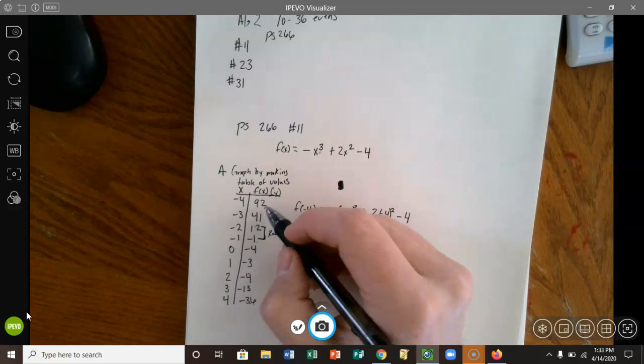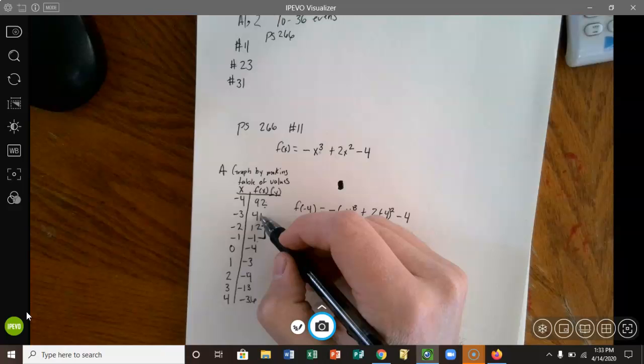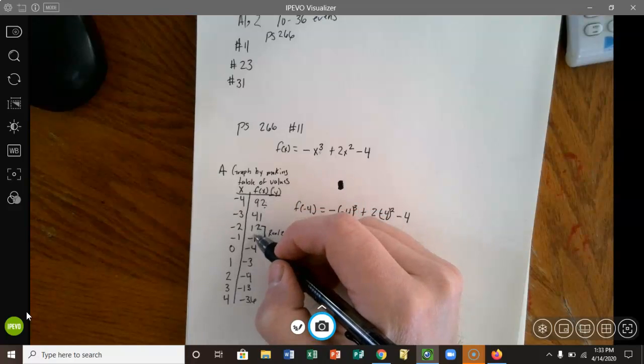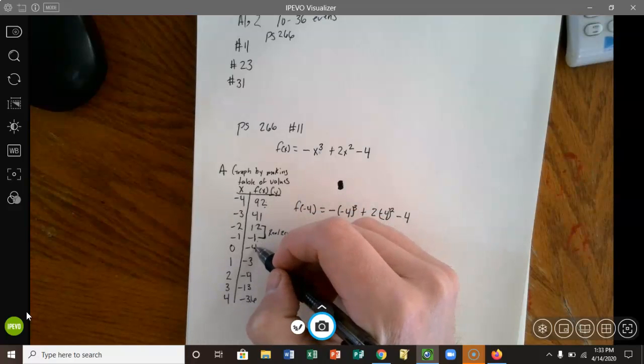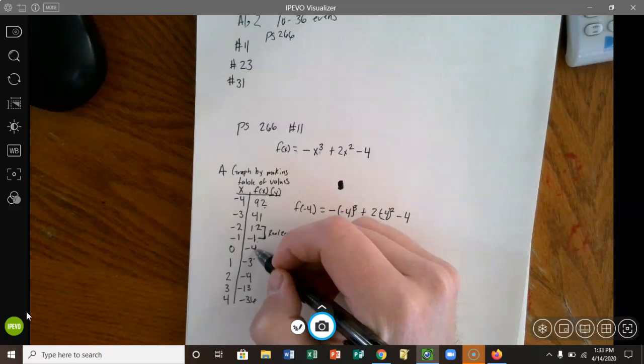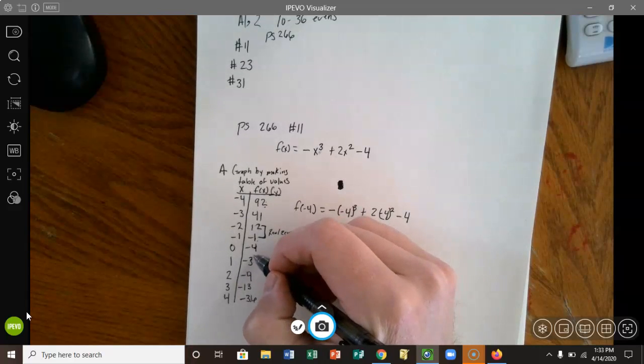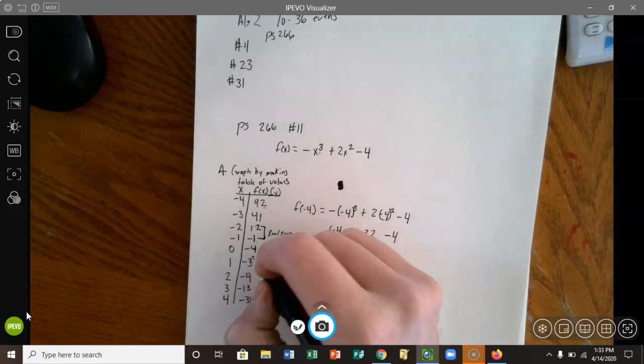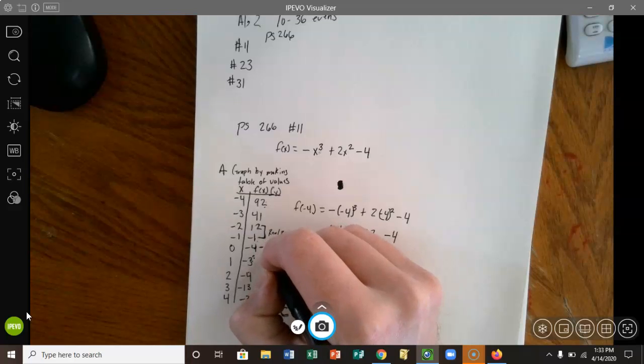So I go from 92 to 41 to 12 to negative 1. So I'm decreasing all the way through that. Negative 1 to negative 4, I'm decreasing. But then you can see I go from negative 4 to negative 3, so I increase. So that means I'm going to have a relative min